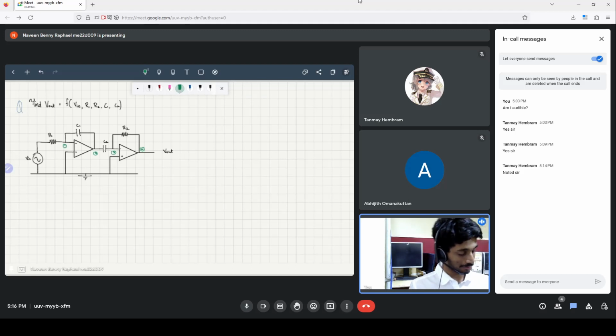So for this question, the easy way to solve this will be to recognize different parts of the circuit. The first part of the circuit is the integrator, and the second part of the circuit is a differentiator. And therefore, in the end, what you will get is V out is a constant multiplied by Vn. But we have time, and therefore we'll slowly go about each of the other parts. So, if you consider just the integrator section,